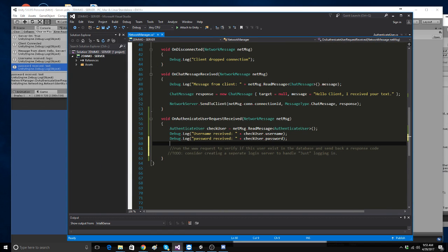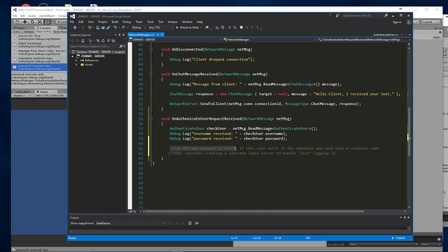What we need to do now is I need to run the www request to verify this user exists in the database and send back a response code to the client. So for instance, if the login was successful, send back to the client like a 0. If it was incorrect username or password, send back a 1, and then the client will update accordingly. So what I want to do now is, and also what I'd like to do is consider creating a separate